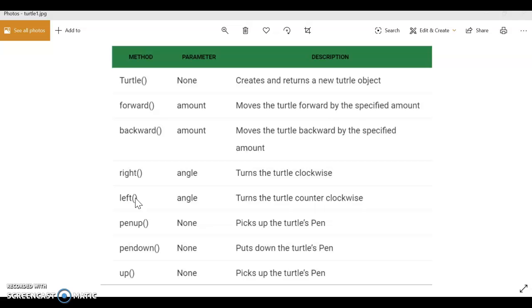In this lesson I will teach you these four methods. So let's see, guys, how it works.